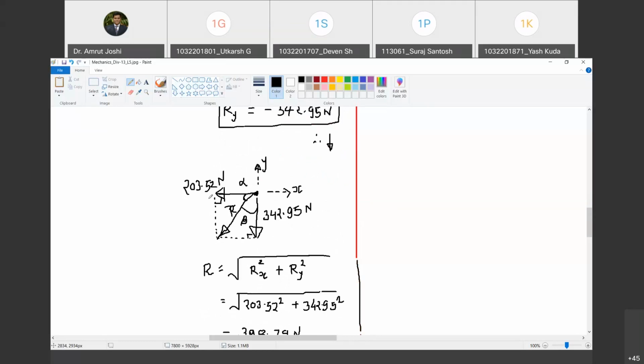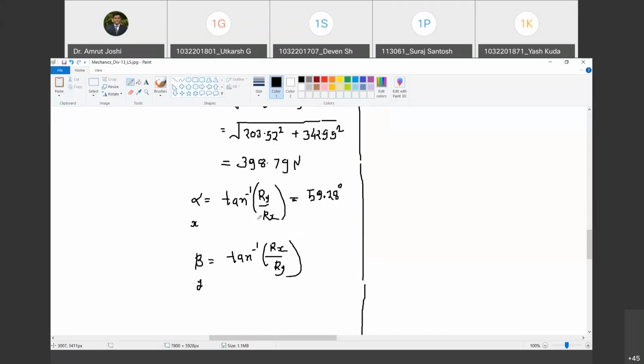हमेशा बुक्स में बहुत कंफ्यूज करेंगे आपको. They will take the sign of Rx and Ry, then do tan inverse, then they will interpret negative theta, positive alpha and whatnot. Forget all of that. We are not going to do it that way. We are going to plot Rx with sign. We are going to plot Ry with sign. We then know the quadrant of the resultant. Are you with me? Yes, sir. And then we are going to find out alpha or beta. That's all we are going to do.